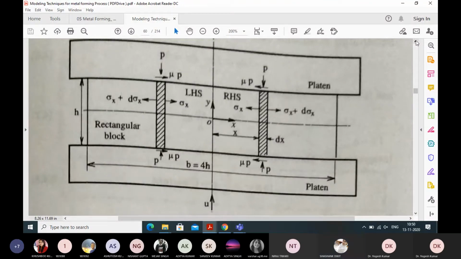Yes sir. Okay, so here you can see it is sigma x. I have zoomed it more for more clarity. So this is your x direction and this is your y direction. This part I think it is clear that stresses in the left hand side and right hand side of this center line will have the same pattern. I think there is no doubt because this part is axisymmetric. Is that okay?